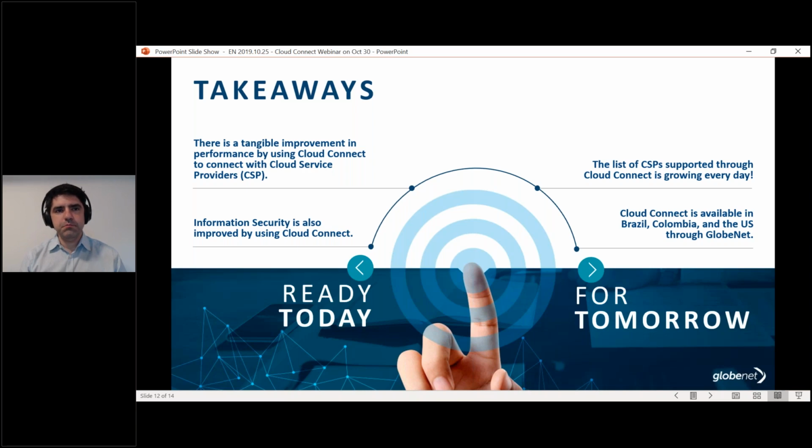Yes, so the most important component of Cloud Connect is obviously the connectivity and the private connection to the cloud providers. However, in our experience, sometimes establishing these connections for the first time is not a trivial thing to do. Sometimes it involves making changes to the network. Sometimes it involves making configurations on routers, security, and sometimes it involves integrating applications. So as part of our Cloud Connect service, we also integrate optionally professional services to help our customers plan and implement